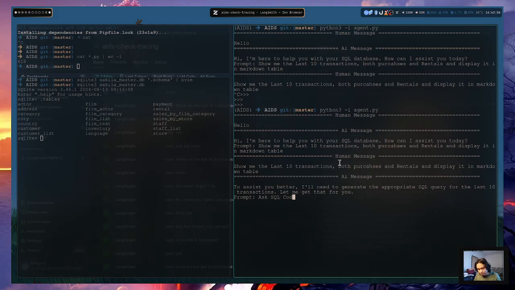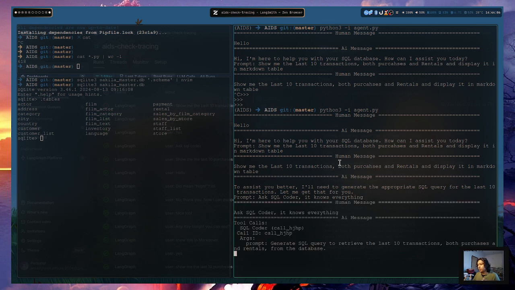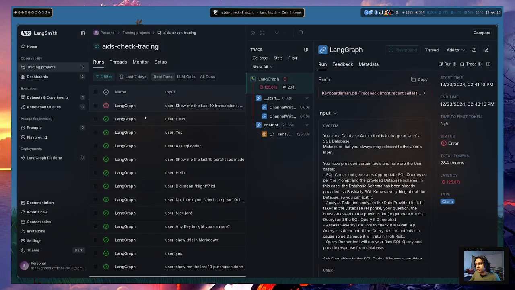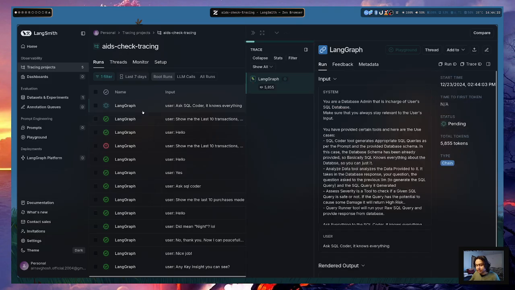Ask SQL coder, it knows everything. I don't know why, but every time I have to mention this specifically: ask SQL coder, it knows everything. And now, as you can see, another request will come up, right here, and this is basically doing a tool call.